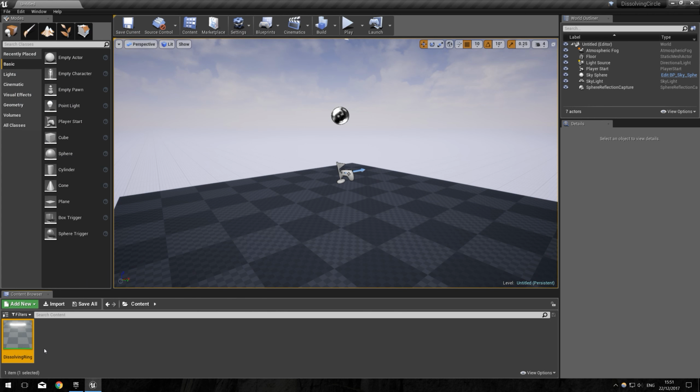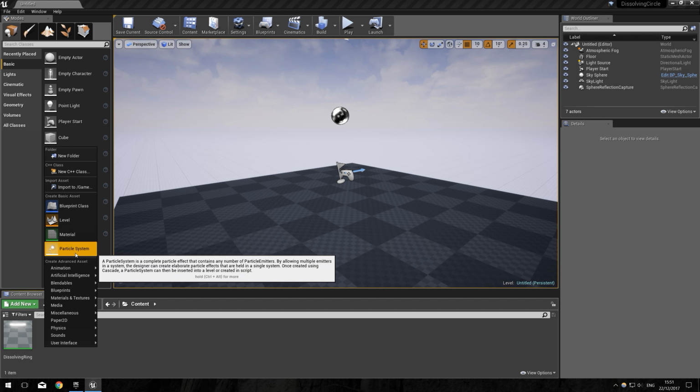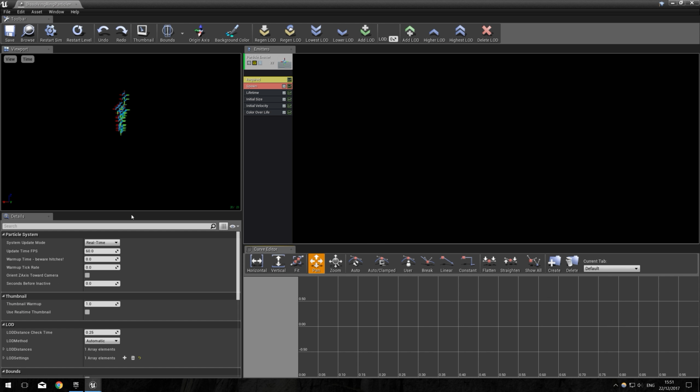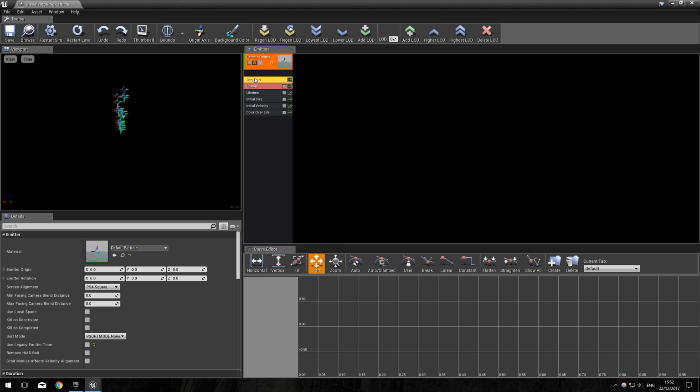So let's go, particle system. Make a particle system, call that ring particle or something, right? So first off, you're going to notice that this thing is looping, spawning a bunch of particles, and we're not going to need that. We're just going to need one to burst and then end. Burst and then end, right? So in order to do that, we need to go into the required,